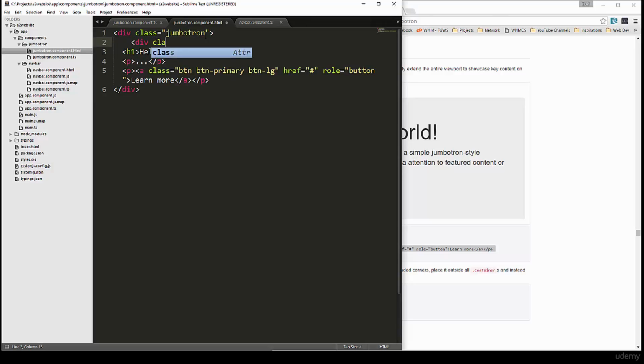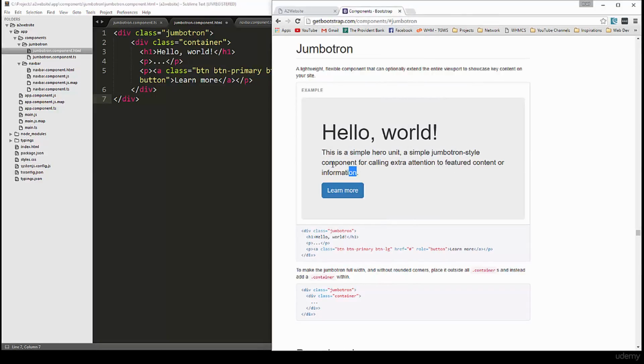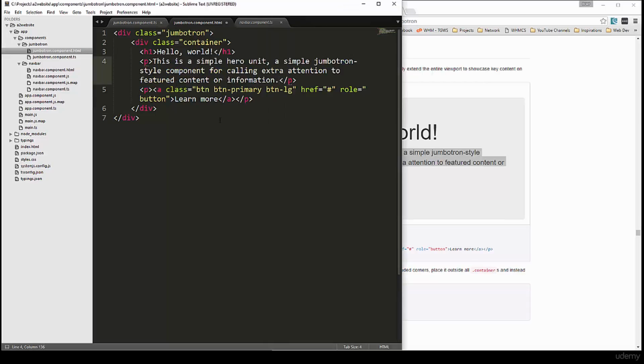So let's say div class container. Actually, let's grab this text right here, and we'll put that in the paragraph for now. Save that, and then we're going to go to